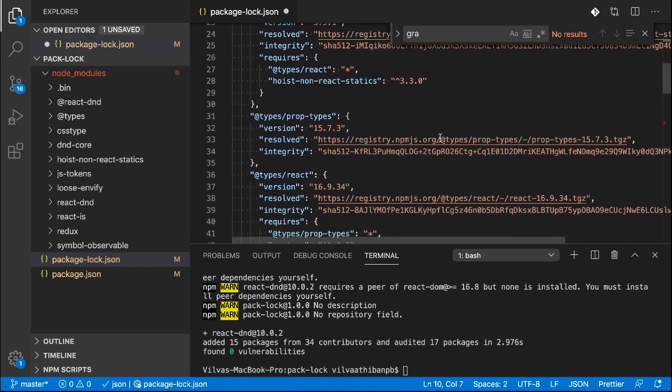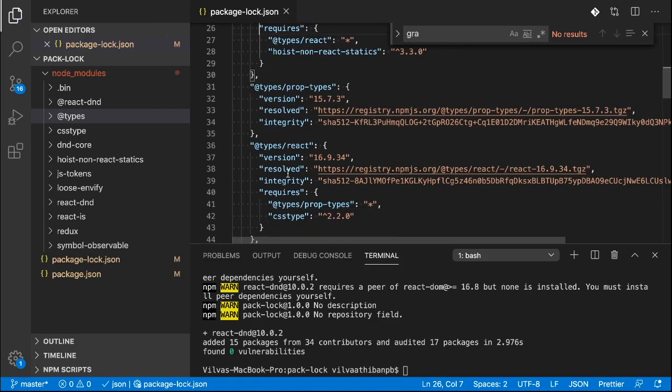When we scroll down, we see a new one called requires. If you see here in my left files panel, I installed only one package, but I have so many other packages which are being installed. Because these are all the dependencies of my dependency. That is, React DND requires all the other dependencies to be installed along with it. And where is all this information stored? It is stored in package-lock.json.